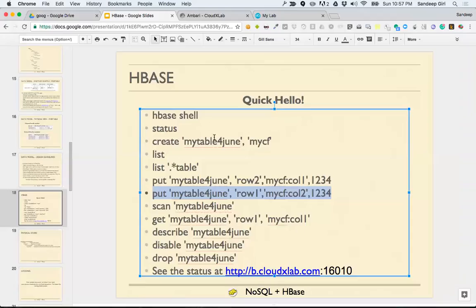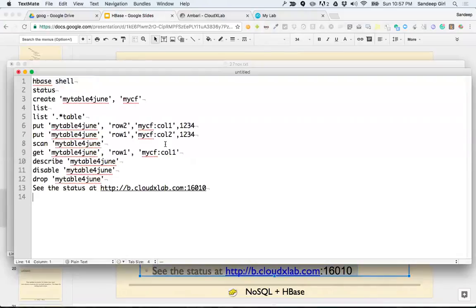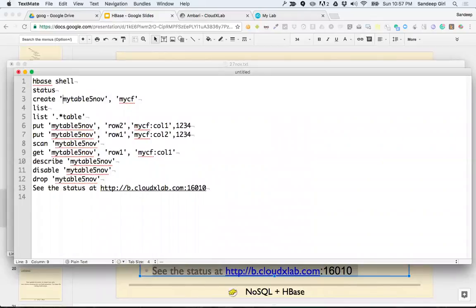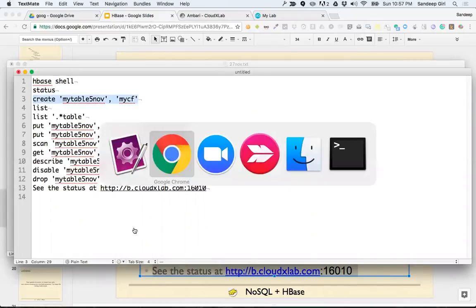Okay, I think I'll just use some other name for this. And I'll say find this, replace it with 5 November. All right, so I'm trying to go ahead with